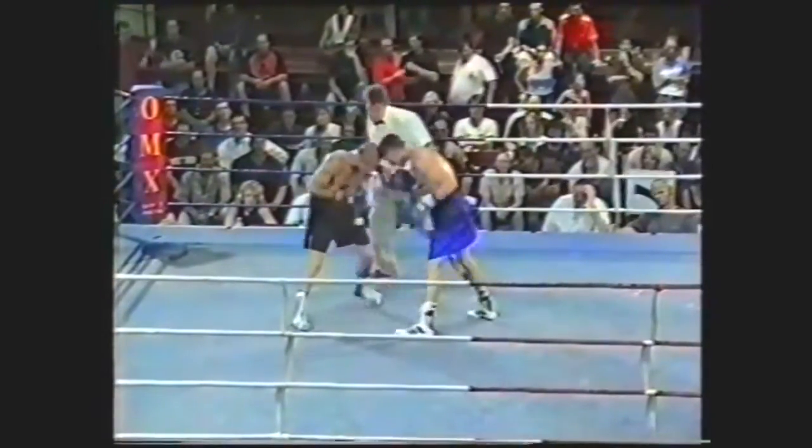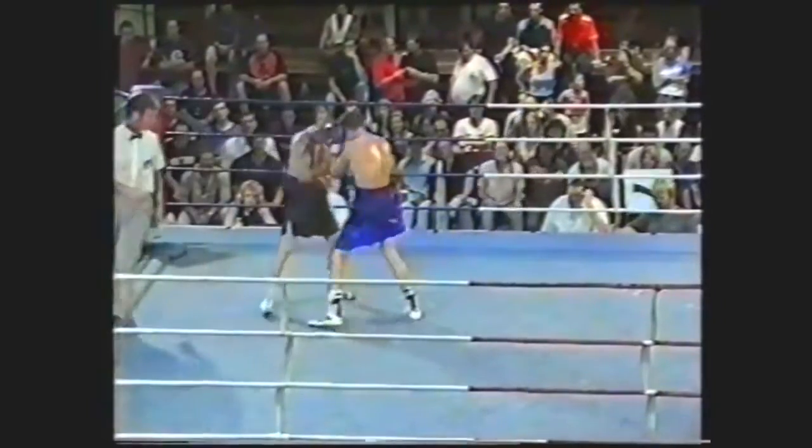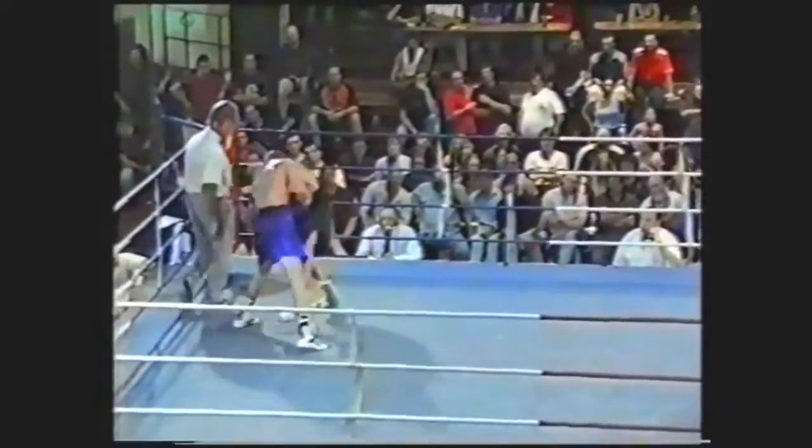Now Miller's leaning on him, trying to keep him off and then throw a barrage of punches at the same time, but that blood will be starting to drip, I'd say, out of that cut. That would look like a nasty cut from Darren Miller on the forehead, and if that starts to drip down, he's going to be in trouble, Darren. It doesn't look too bad at the moment, but